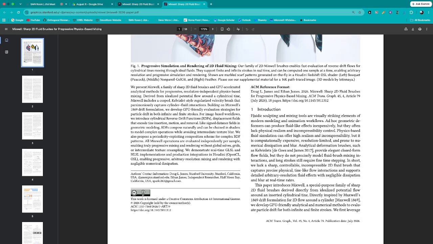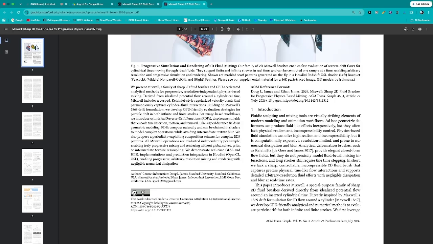So this is the class of tools that they're trying to develop an improvement upon. Fluidic sculpting and mixing tools are visually striking elements of modern modeling and animation workflows. Ad hoc geometric deformers can produce fluid-like effects inexpensively, but they often lack physical realism and incompressibility control. Physics-based fluid simulation can offer high realism and incompressibility, but it is computationally expensive, resolution limited, and prone to numerical dissipation and blur. And so then they talk about, in the abstract, they talked about